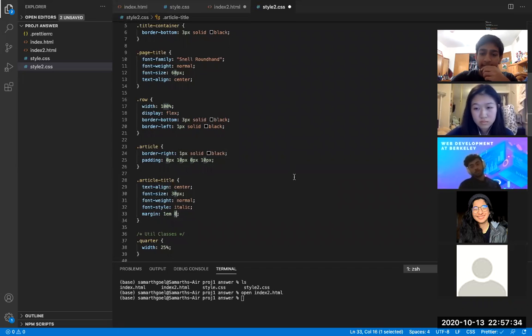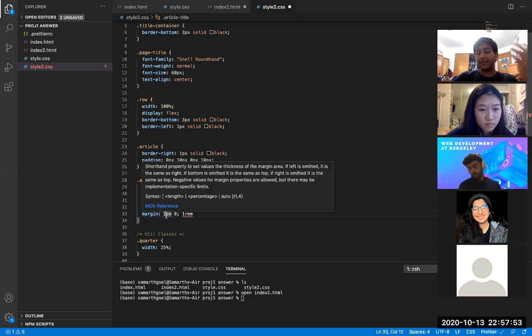Kimberly asks about using width and height in pixels. Yeah, it will translate to different sizes on different laptop screens or phones, depending on what device you use. It's usually better to use percentages, or another cool unit is called the rem. It's similar to the em, but depending on the device you're on and the size, like the letter m will vary depending on the font and stuff. So rem,